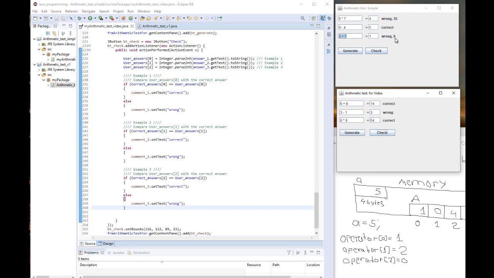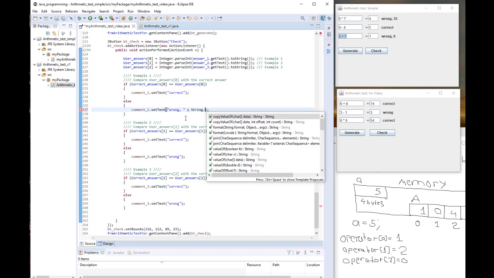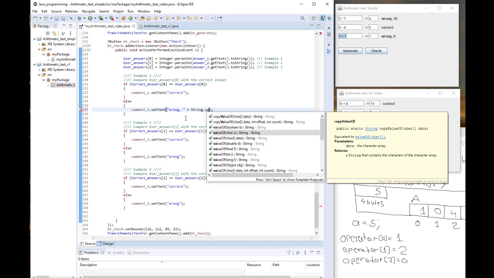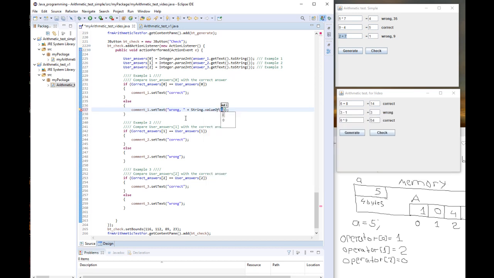showing the correct answer. Let's do it here. See when I display wrong, let's add the correct answer. String value of integer correct